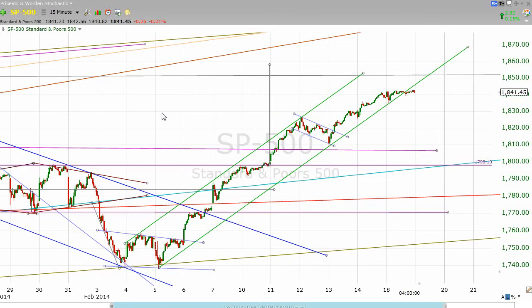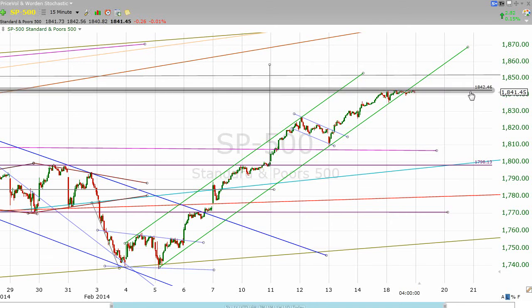So what do we think? Well, first thing is, I want to do a little experiment here. We're going to drop a horizontal line right at the day's highs, right there. And you see that line is at 1842 and change. Now,